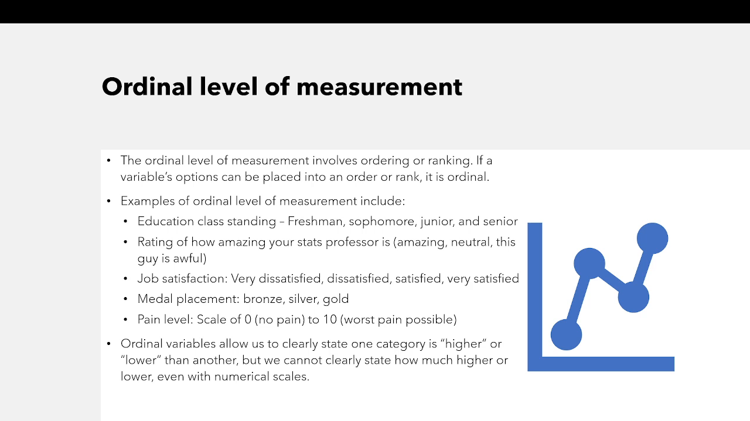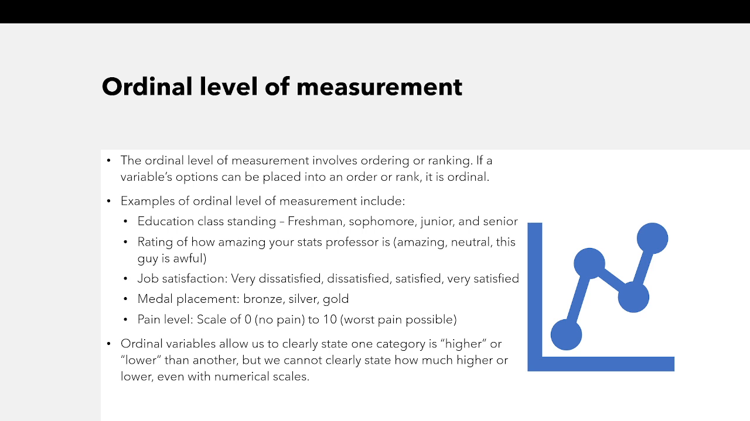If we're talking about the variable related to the rating of how amazing your stats professor is, if one person gives me a neutral, another person gives me an amazing, we don't know what the real distance between neutral and amazing is, right? We don't know how much more amazing than neutral is this person claiming I am? And so in this case, while we can absolutely place these categories in order, we don't necessarily know